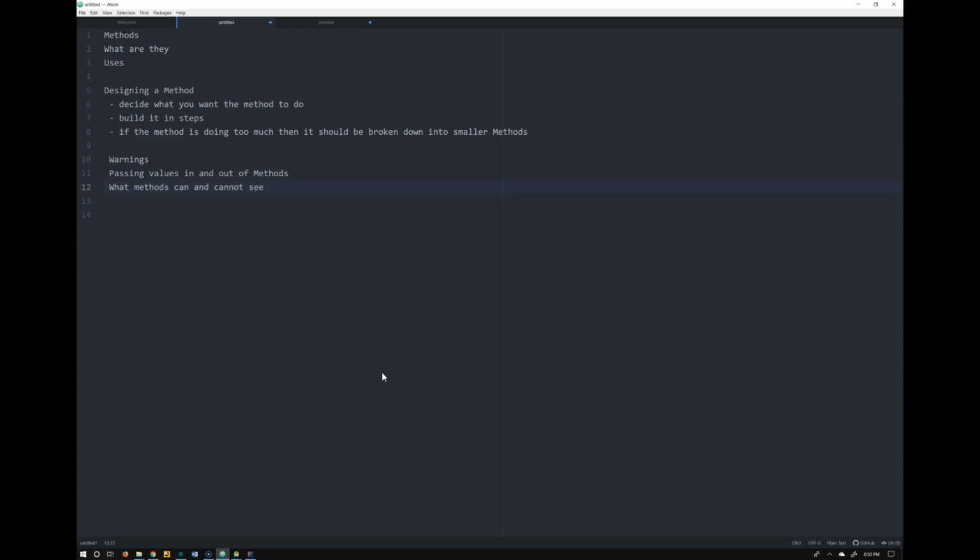All right, so for this project, you don't want to start covering methods or anything until you have conditionals down and you've already done your magic 8-ball